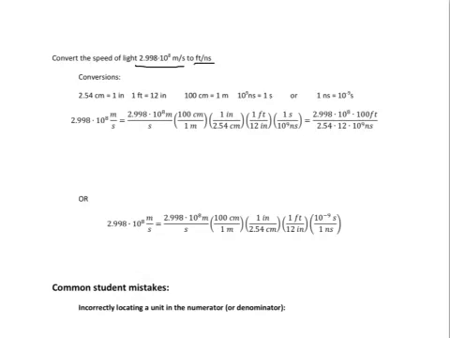The conversions I have are these. 2.54 centimeters equals 1 inch. You should be familiar with that one by now. Everybody knows 1 foot equals 12 inches. From our metric units, everybody should know that there's 100 centimeters in 1 meter. And finally, you should have learned